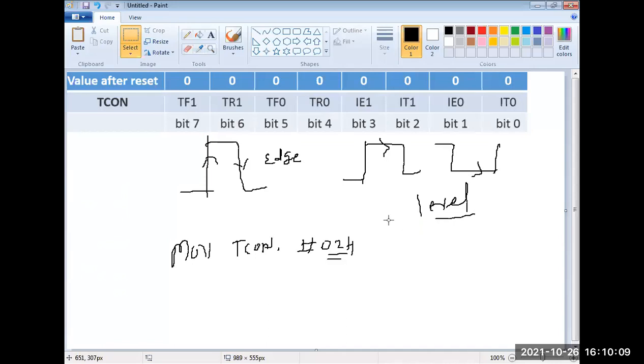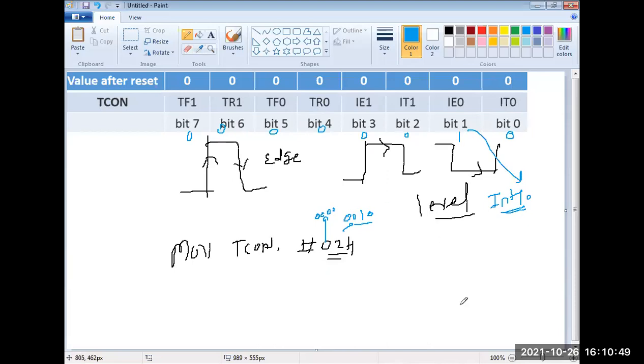If this is 0, the upper 4 bits by default will be 0000, because it is an 8-bit value. This 0 holds the 4 zeros. This 2 means 0010. So here I am enabling the INT0 interrupt by setting this value, because this bit is 1. And when I want to disable it, I make this bit 0.